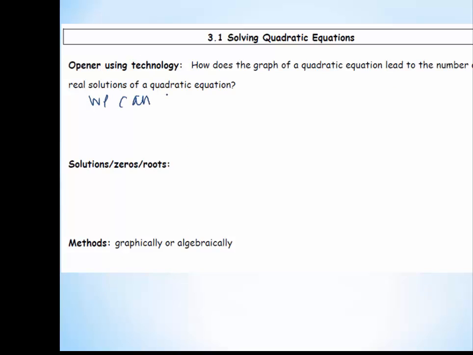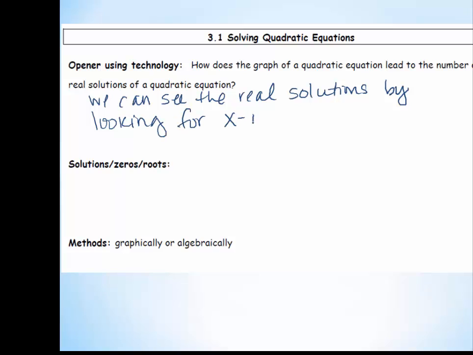We can see the real solutions by looking for the x-intercepts. Now the words solutions, zeros, roots, they all mean the same thing. So if I look at this quadratic equation hitting the x-axis, I'm like, oh, there's a solution and there's a solution. So a solution is where the graph